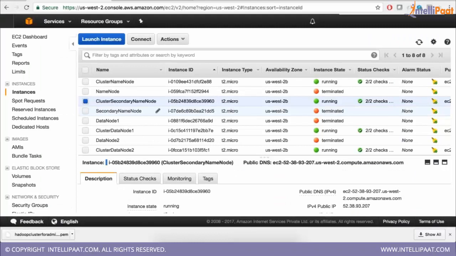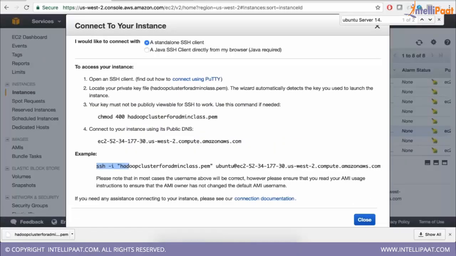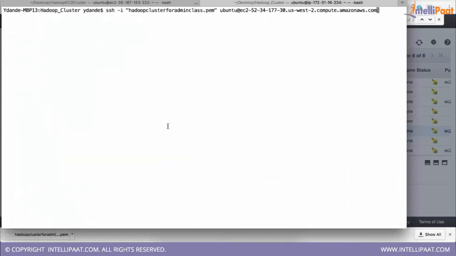Now I'll try to see the data node. This is how I can connect to this machine. This is to check whether all the machines are up and running and whether I am able to access those machines.